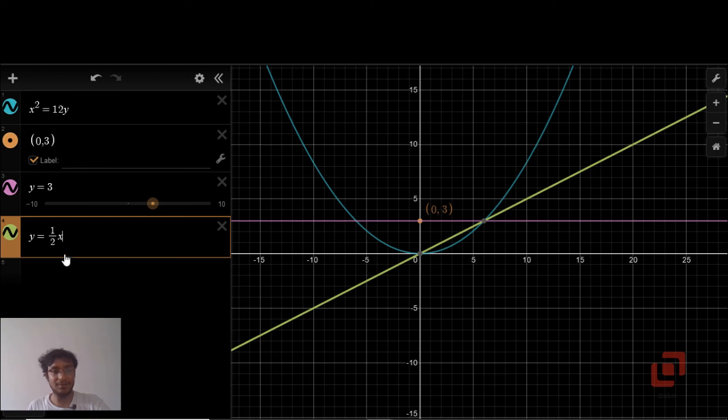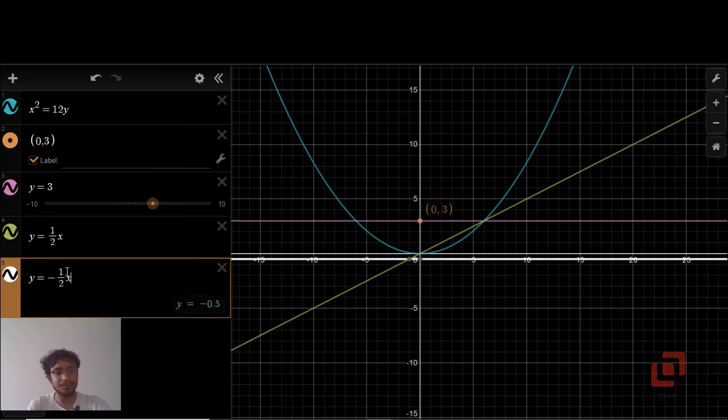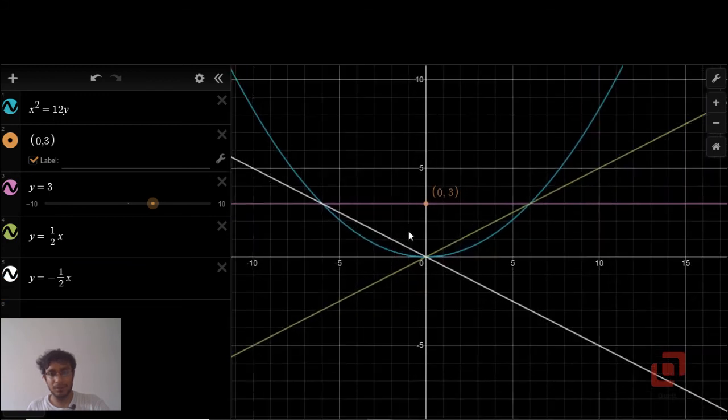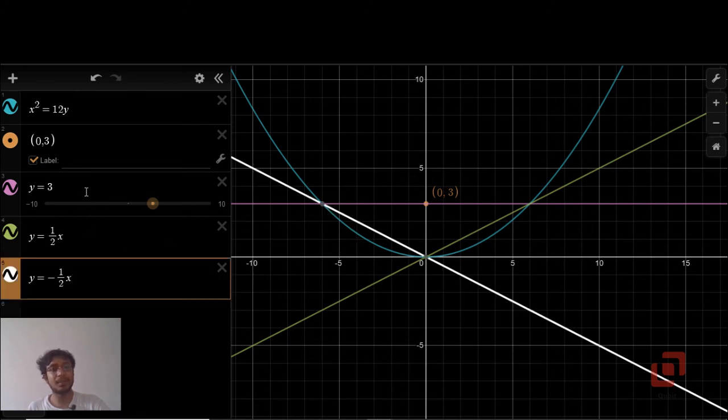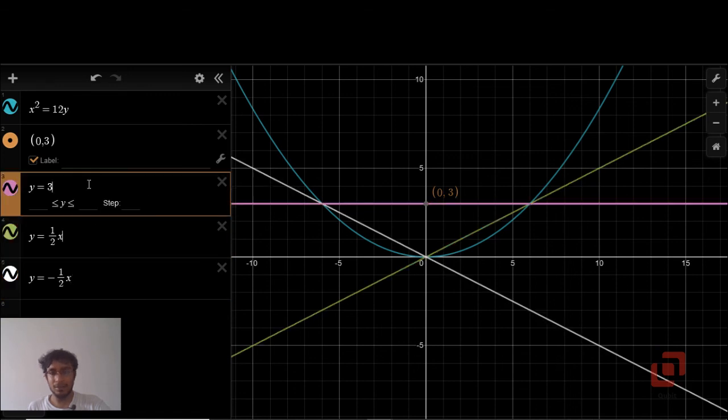Right, you can find the equation by slope point form. And then the one in the second quadrant will be y equal to minus x by 2. Correct? So the area of the triangle that we want is the area bounded by the white line, then the green line and the pink line.